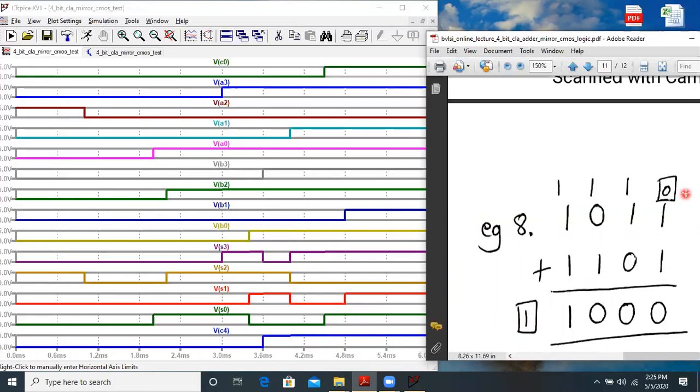Now let us check over here. So adding these 4-bit numbers will be 1 plus 1 is 0, and carry is 1, and again 1 plus 1 is 0, carry is 1, 1 plus 1 is 0, again the carry is 1, and now 1 plus 1 plus 1, the sum is 1 and the carry is also 1. So this is also correct, perfectly fine.